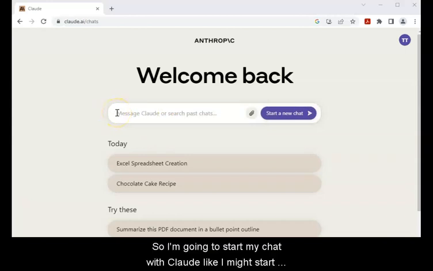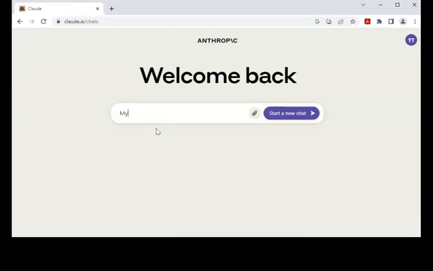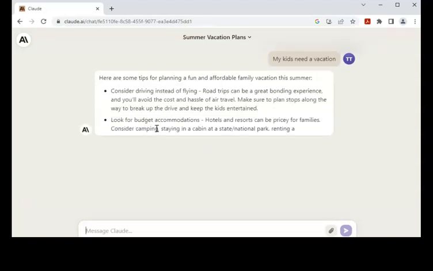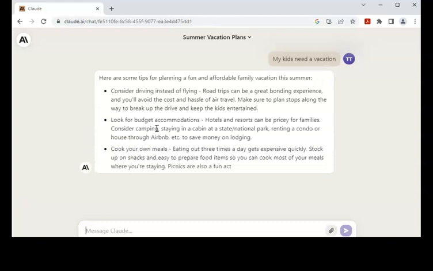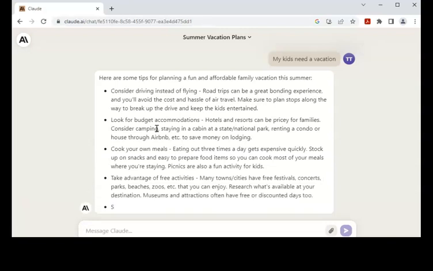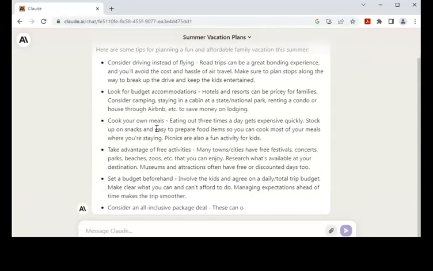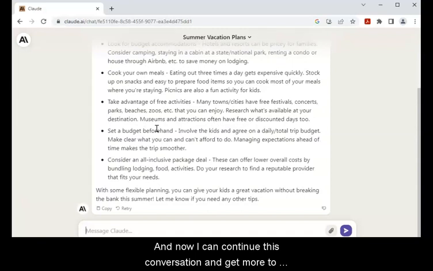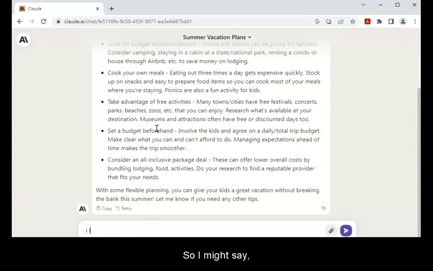So I'm going to start my chat with Claude like I might start a chat with anyone. I'm just going to make a statement. And then Claude's going to come back with a response. And now I can continue this conversation and get more to the specific information that I need, that I want. So I might say,